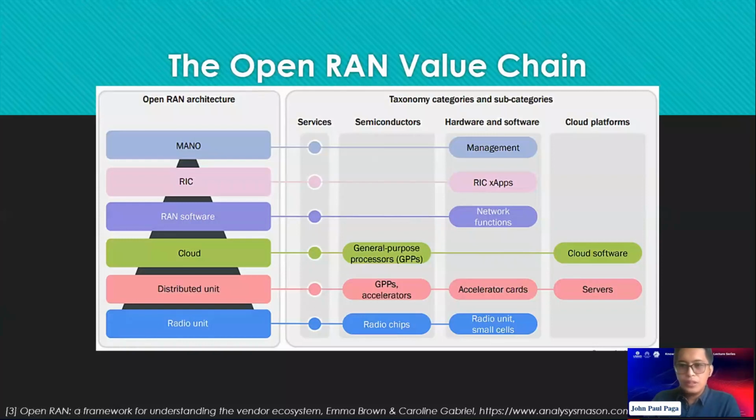So in Open RAN value chain, okay, it is the customer driving the value. Okay? And sino yung customer doon? Diba? When we have the value chain, meron tayong business side, okay? And meron tayong customer side. Okay? So kailangan ma-set lang natin yung perspective natin. Okay? Sino yung customer, sino yung business. All right. The customer, hindi siya yung subscriber.